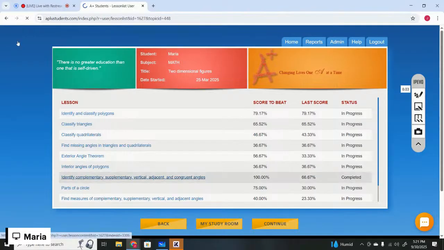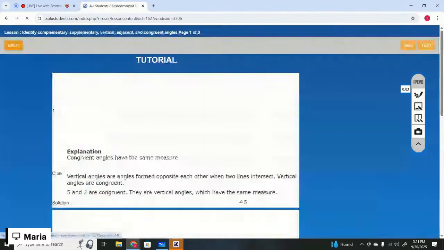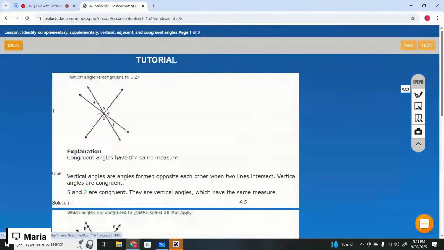Identify complementary, supplementary, vertical, adjacent, and congruent angles. Which angle is congruent to angle 2? Congruent angles have the same measure, right? Vertical angles are angles formed on opposite sides when two lines intersect. So vertical angles are congruent. So angle 5 and angle